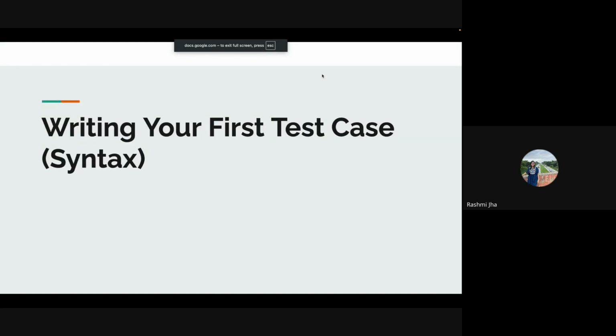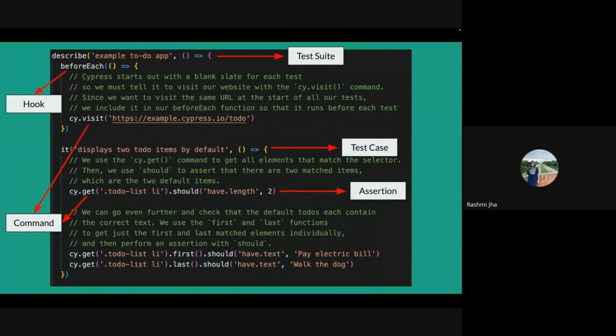Now let's see the syntax of writing test cases. Cypress uses the Mocha framework by default for structuring of the tests. Using Mocha syntax, tests are structured using describe blocks for test suites and it blocks for individual test cases. Let's see a basic structure example.